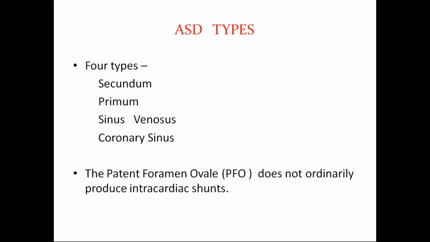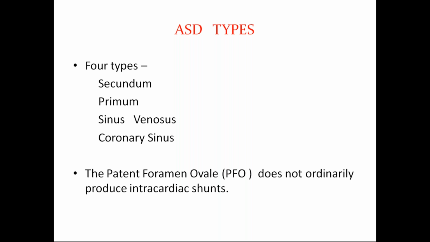Okay, this order is based on the incidence. Ostium secundum is the most common of the ASDs, and then primum, sinus venosus, and coronary sinus. These are the four types. And there is something that we should know about: whenever you come across any newborn echos, you will usually